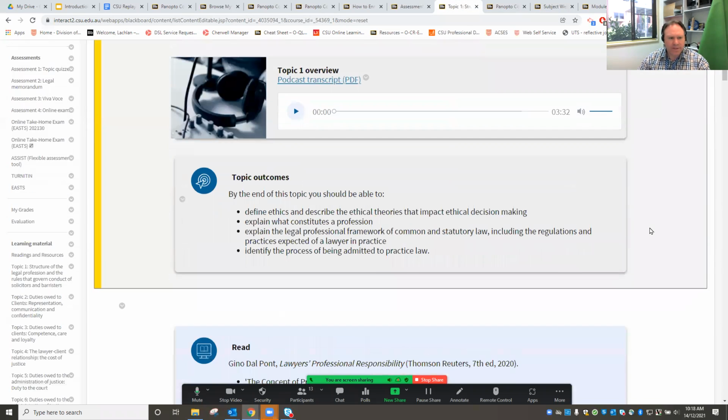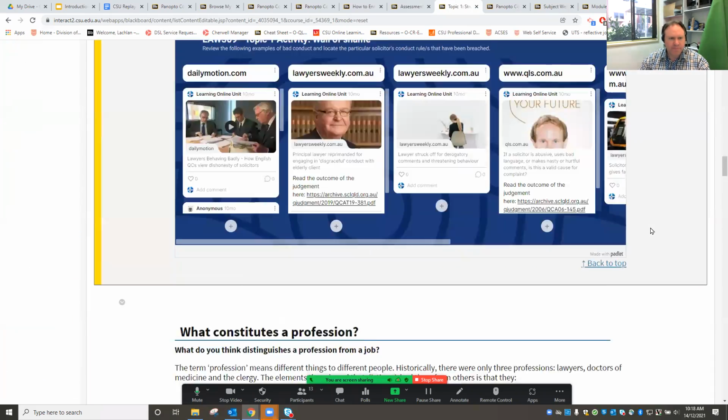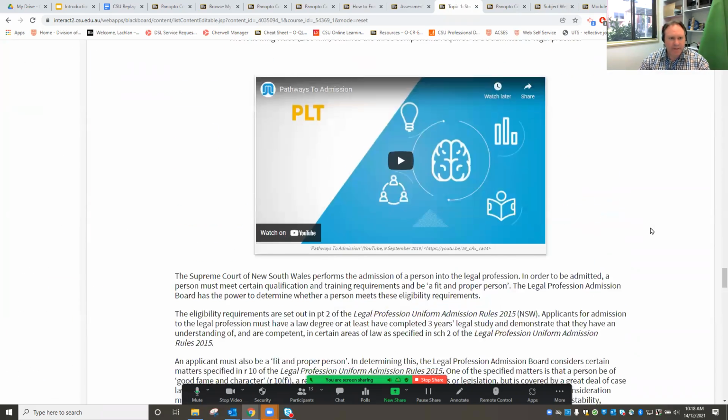If we have a look at this law subject, for example, if we scroll down, we will find that they have made,